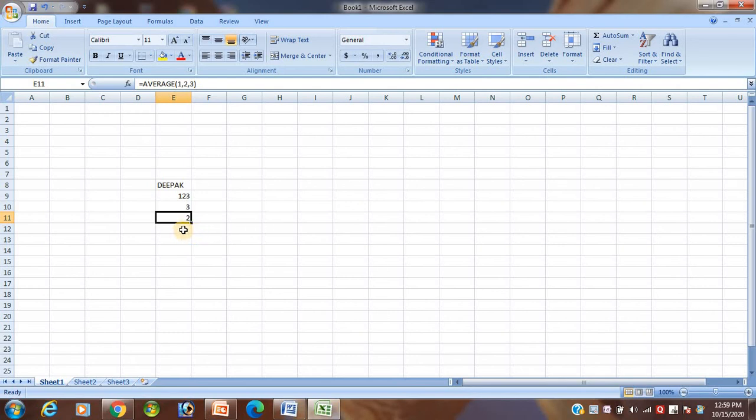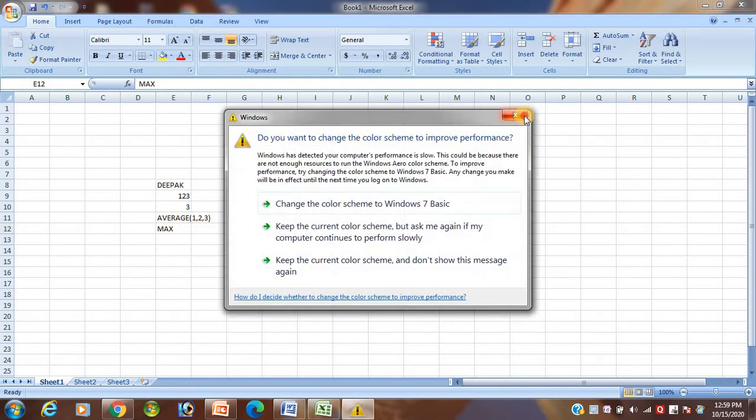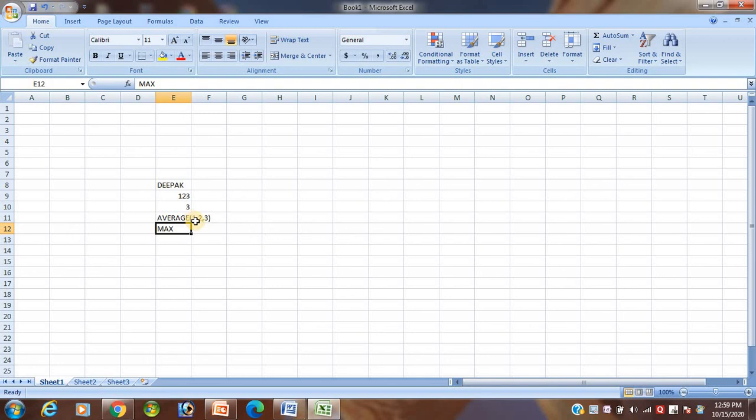Yes or no, students? Another one: suppose I want to find the max. When you put a formula, it must always start with the equal sign. Remember, this is my equal sign. Suppose I delete the equal sign. Is that clear, students? Then the formula will be displayed but no result will be displayed. To display the value of a formula, use the equal sign.